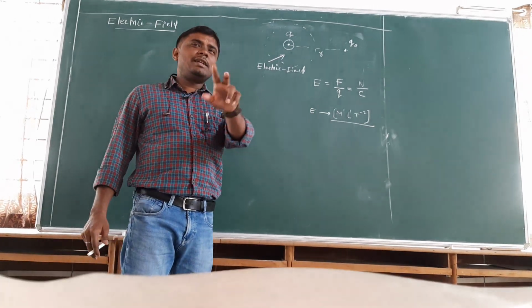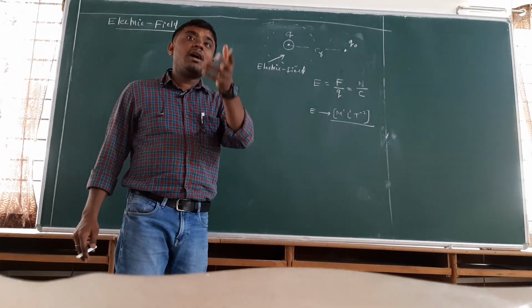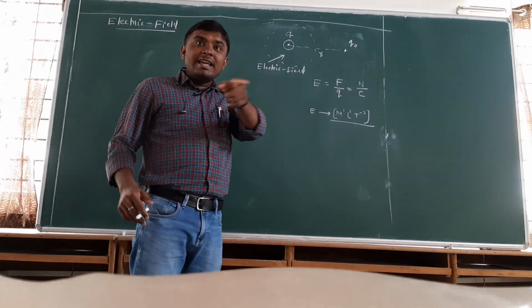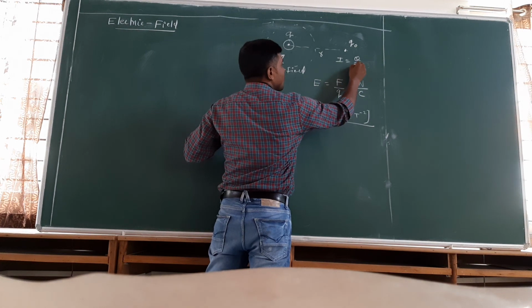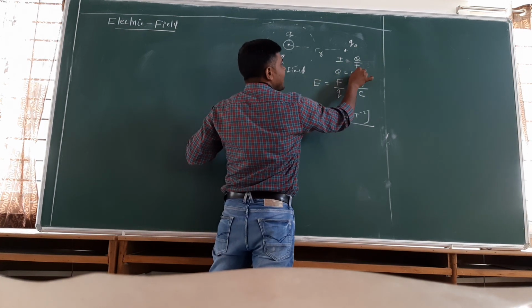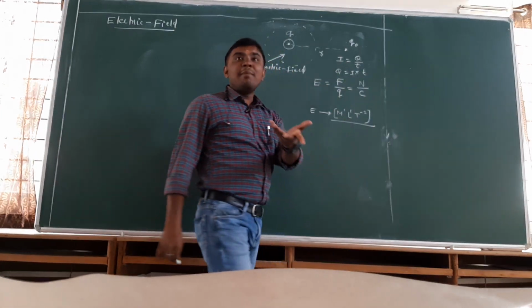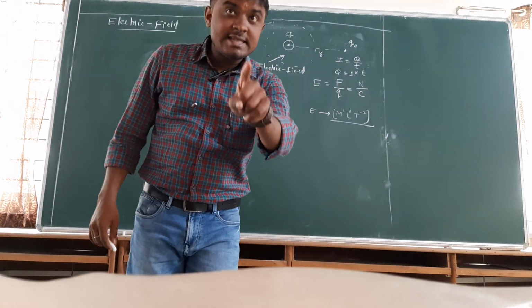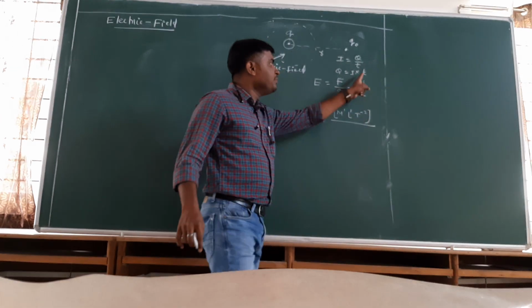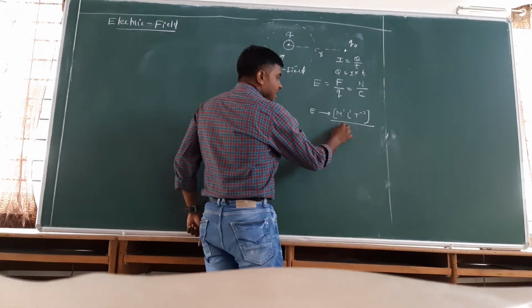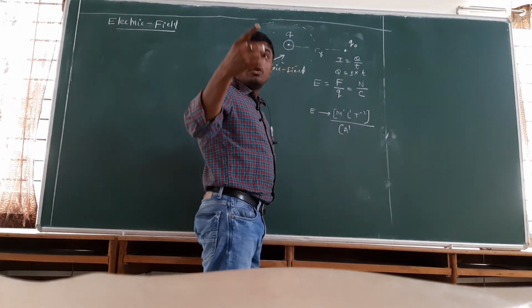So we need to express this Coulomb in terms of current. What is current? Current is the rate of flow of charge, that is Q by T. So what does Q become? I into T. As we know, I is equal to Q by T, so I can write Q is equal to I into T. What is I? Ampere. Is Ampere a fundamental unit or not? Yes, exactly, it is fundamental. T is time. So I can write A1, A meaning Ampere.